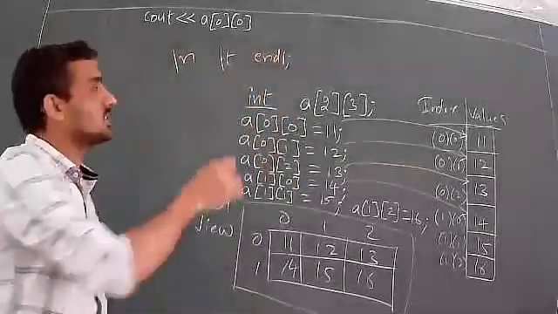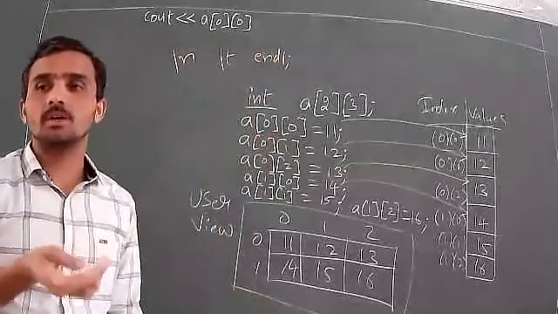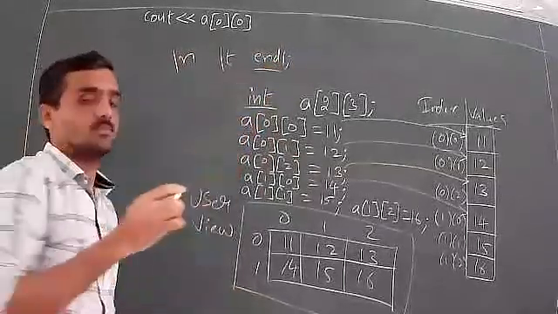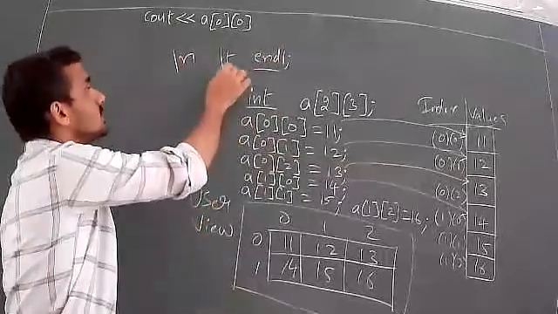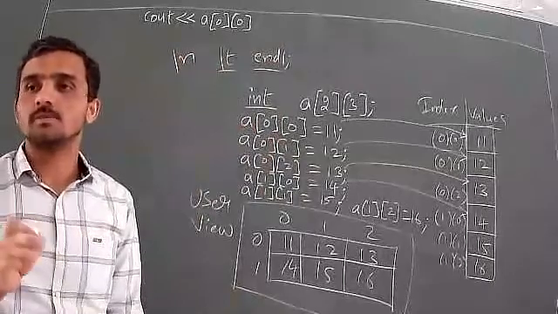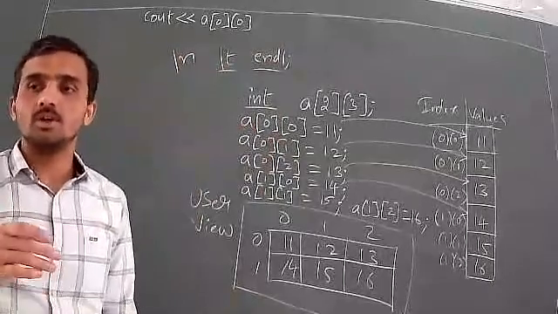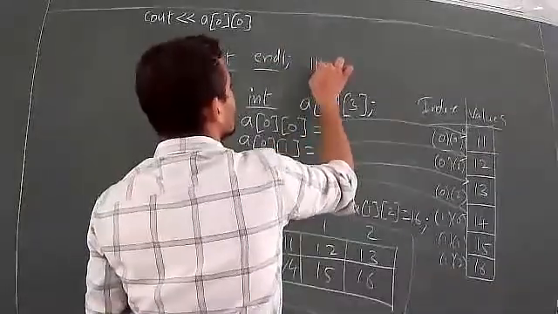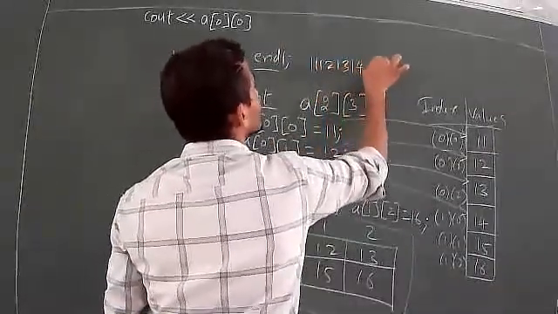Because if I put backslash n, the next value will be printed on the next line. If I put endl, same thing, it will be printed on the next line. If I put backslash t, the next value will be printed after some space, so there will be space between two values so that we can identify them. If I don't write anything, I'll tell you how it will be displayed. It will be displayed like this: 11, 12, 13, 14, 15, 16.